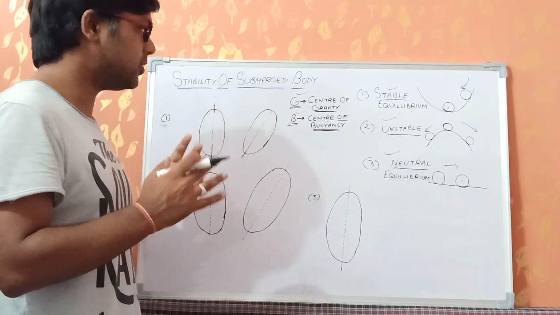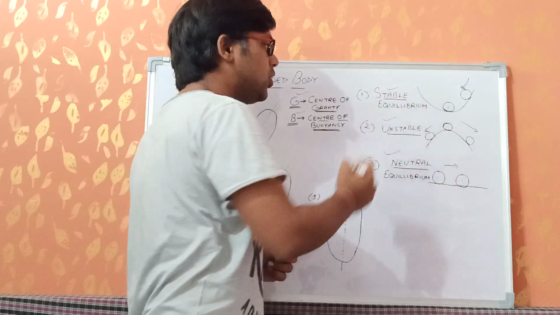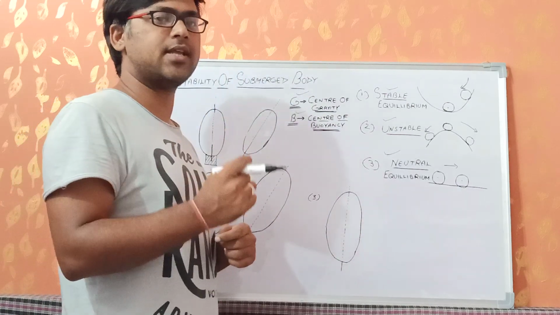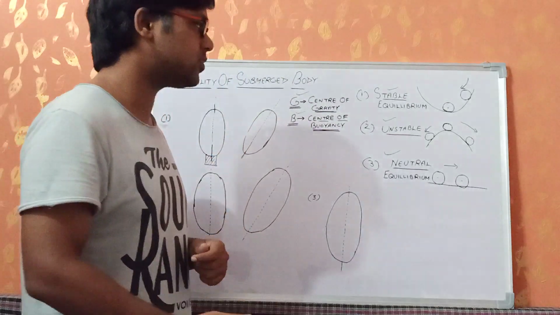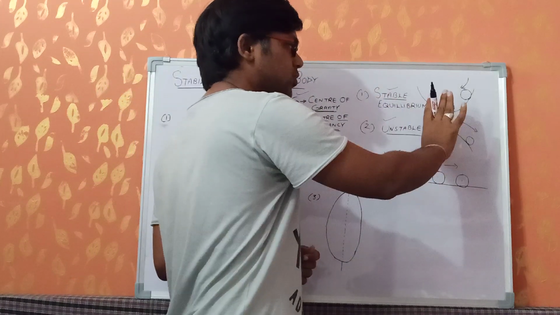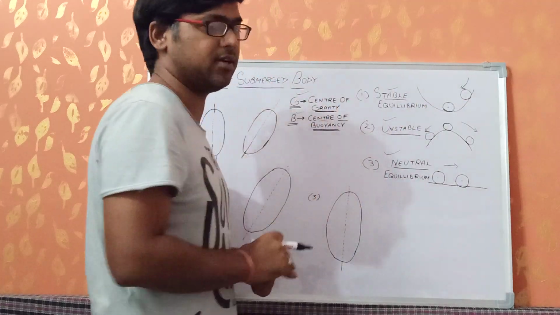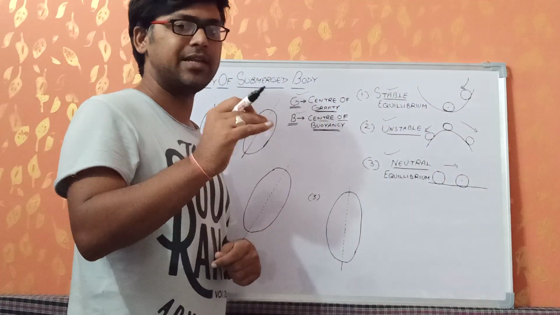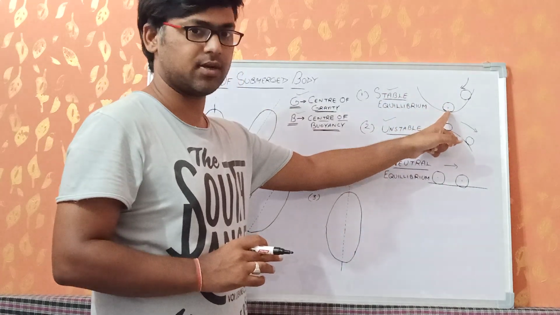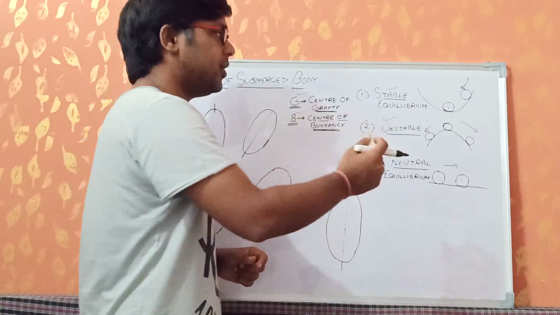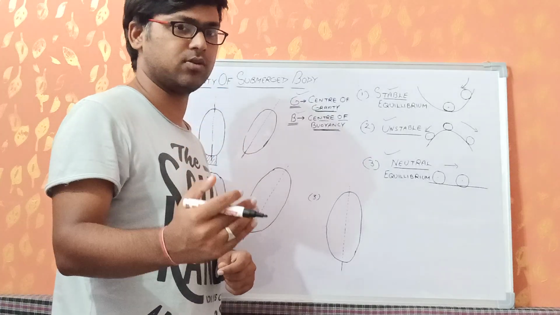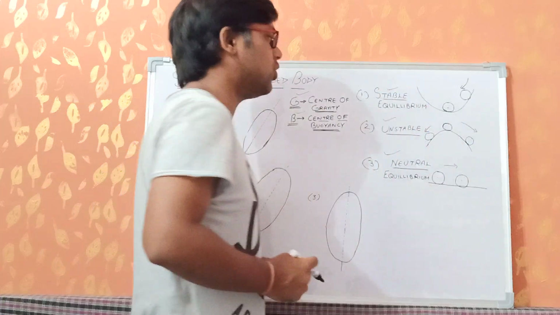But before that, I just want to give you an idea about what is stable equilibrium, what is unstable equilibrium, and what is neutral equilibrium. Clear? We're just taking a small example of a ball. Let us suppose I'm having a ball at the center, clear? And I'm applying some force to push it towards the left side or towards the right side. Now after that, when I release my force, the body will try to come back to its original position. It means if we disturb the body to the left side or towards the right side, the body comes back to its original position. So that is a case of stable equilibrium.